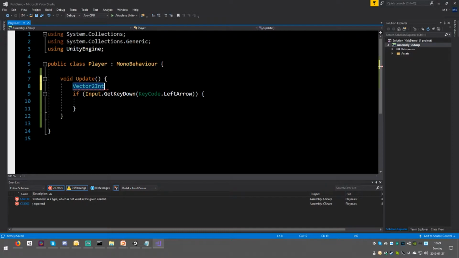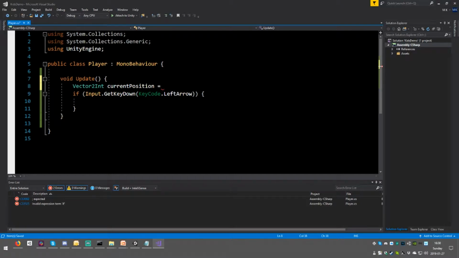variable, as we call it, meaning something that contains information, a small piece of information that will contain two pieces of information, an X and a Y. That's for the position. But it's also an int, which means it's a whole number, okay? Because our game only works with whole numbers. So it's going to be Vector2Int currentPosition. Okay? Equals, and now we need to figure out how to calculate this,